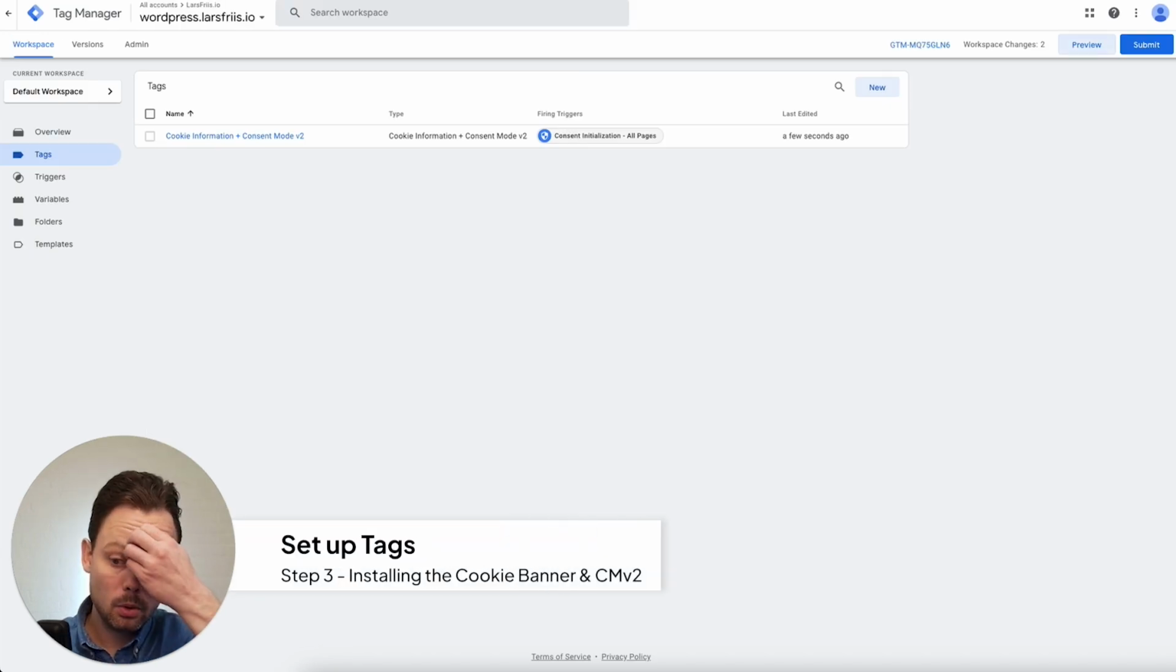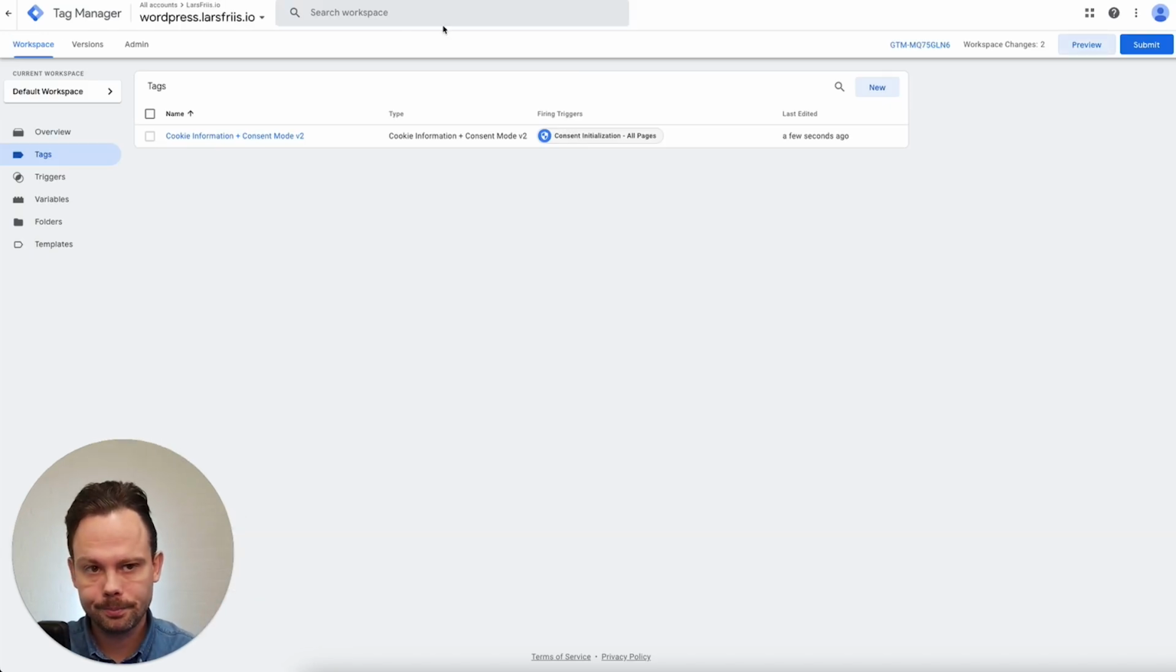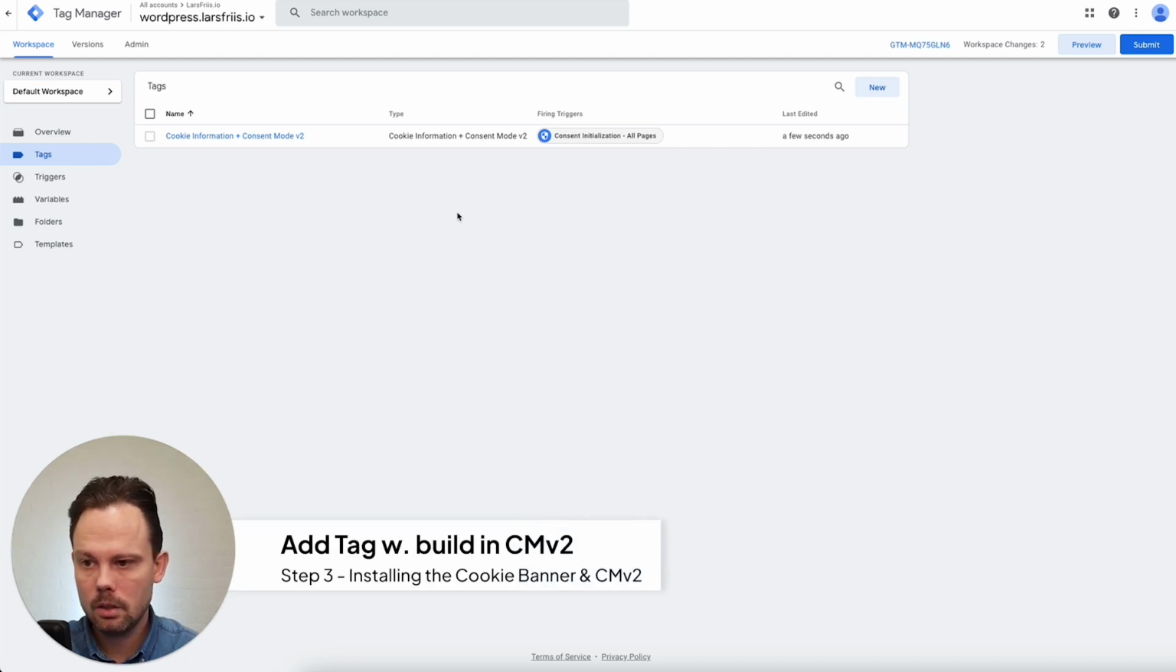Next step is to set up your tags. I'm going to show you an example of a tag with built-in consent mode. That's all Google tags. And afterwards, we're going to have a tag without built-in consent mode. So let's just set up a standard GA4